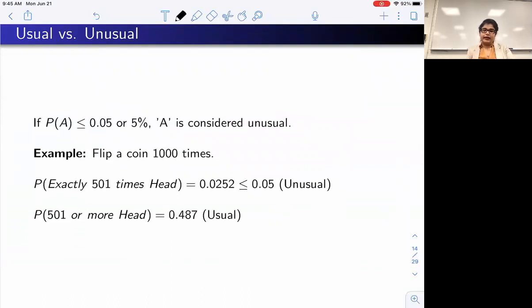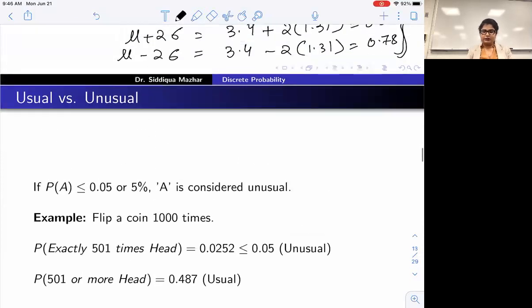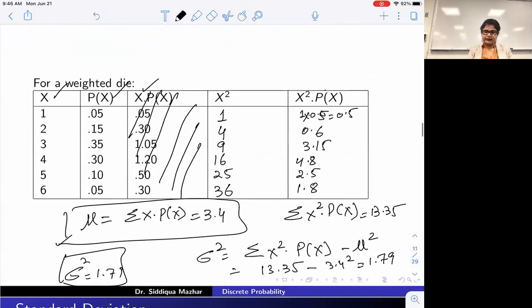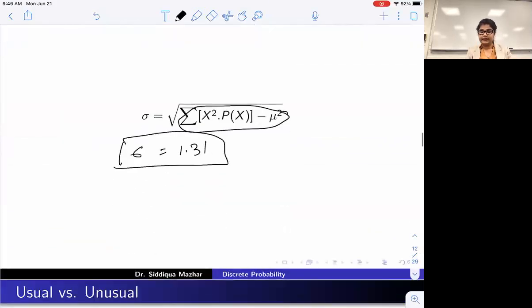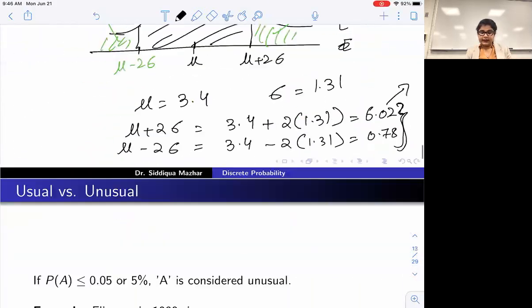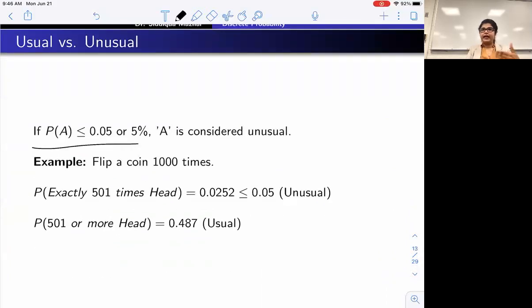One other thing: if the probability of any event is less than or equal to 0.05, that will be considered unusual. This is why I was wondering, because the probability of 1 in this example is 0.05, so it has to be unusual. Maybe we made some mistake in the calculations, maybe in the variance or standard deviation. This is why I was thinking it has to be unusual. The reason is that an event with probability less than or equal to 0.05 will always be unusual, because we know that in a normal distribution